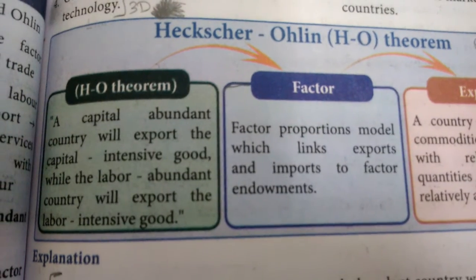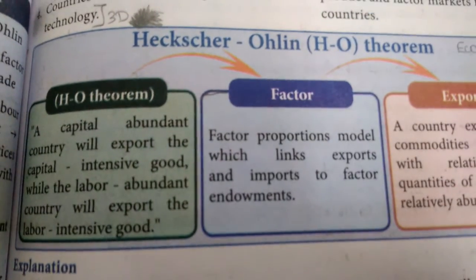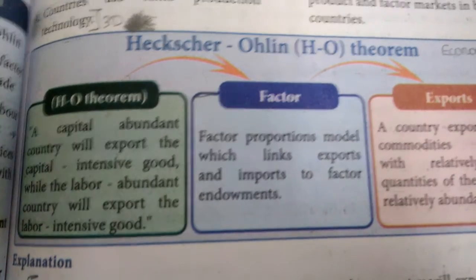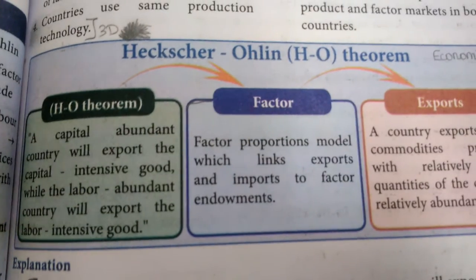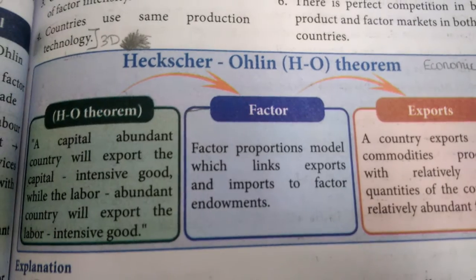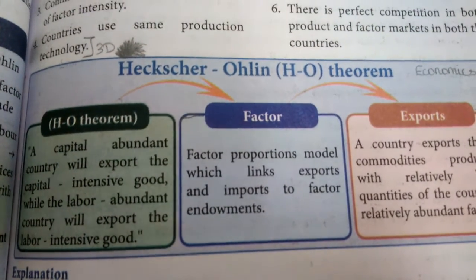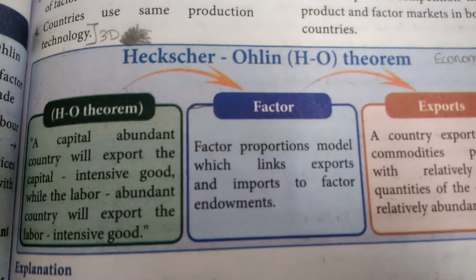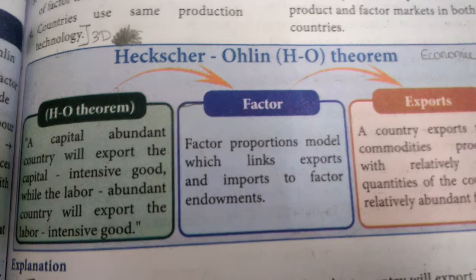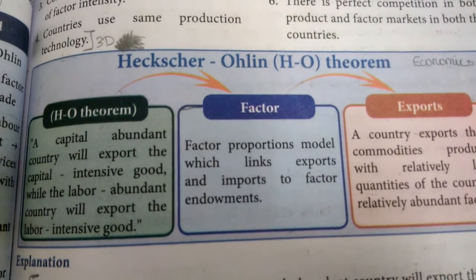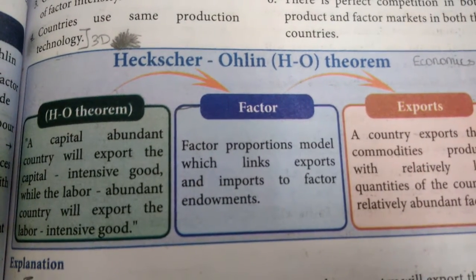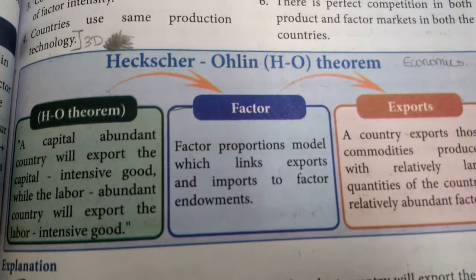For example, simply to understand, we can take India as having more labor intensive goods. Because India is an agricultural country, by using more labor, India will produce more crops. So India can easily produce or export crops, rice and paddy, or food items. But America will export capital intensive goods. Capital intensive goods mean machineries, and IT field software is also considered a capital intensive good.